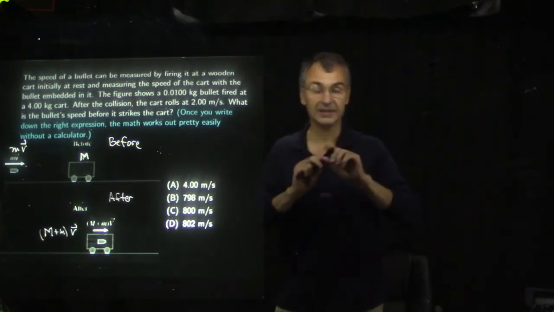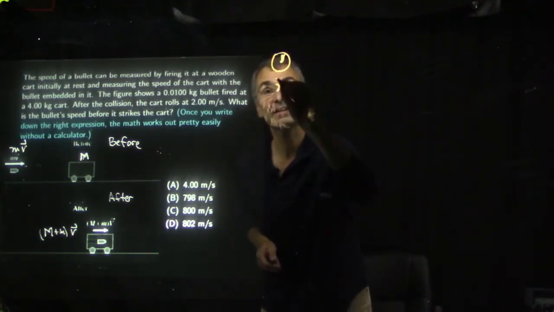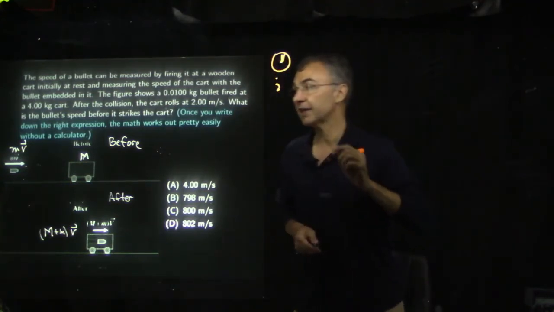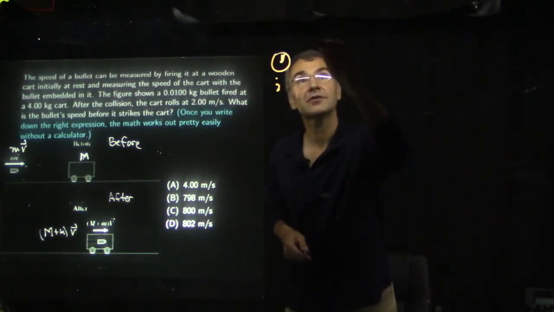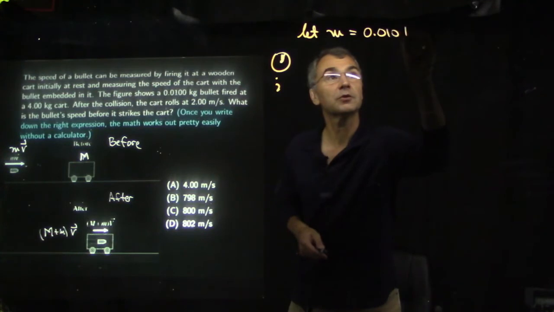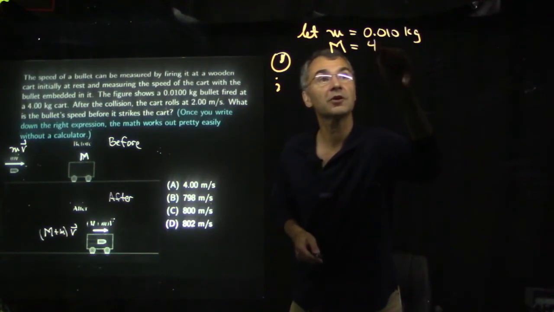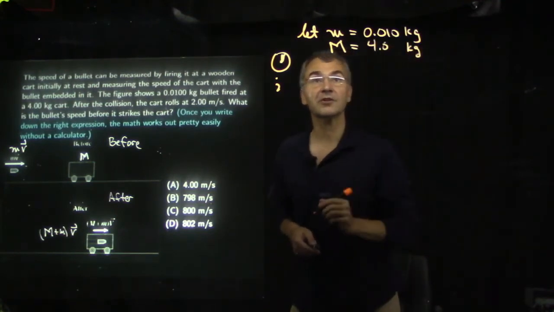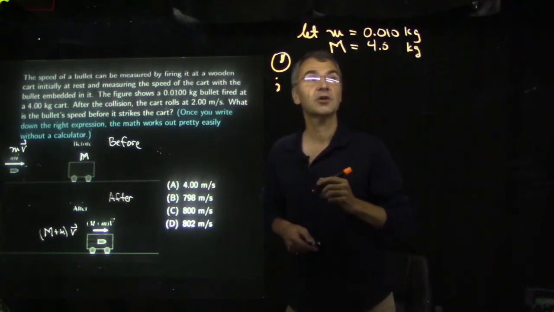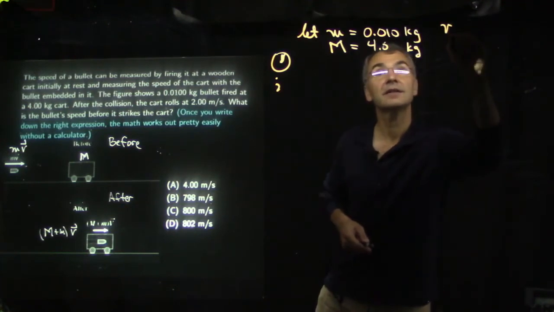So let's say the initial state, here, let's draw a little textbook style picture here. So here's the initial state. So we have, let m equal 0.010 kilogram, that's the bullet. Then let big M equal 4 kilograms, that's the cart. And we know that V initial of the bullet,